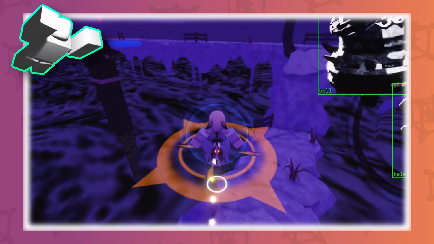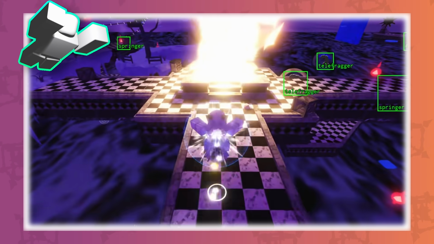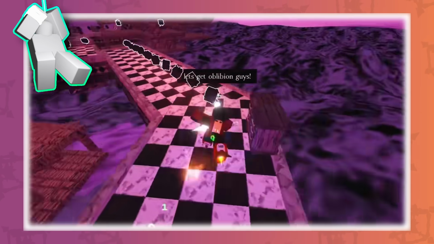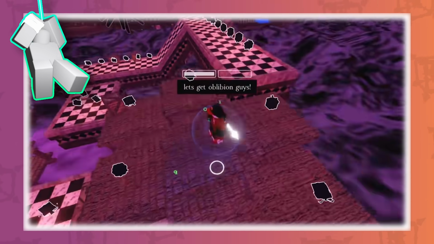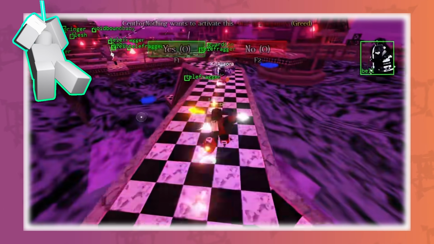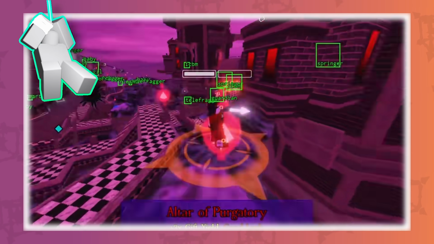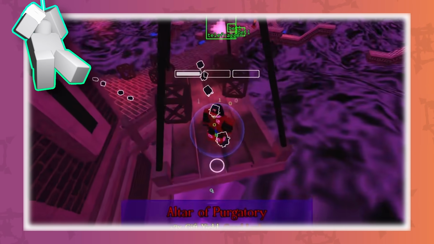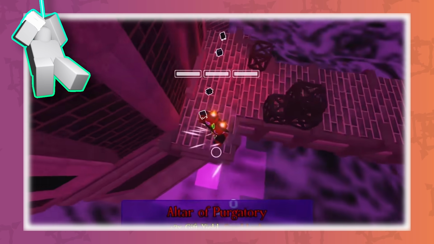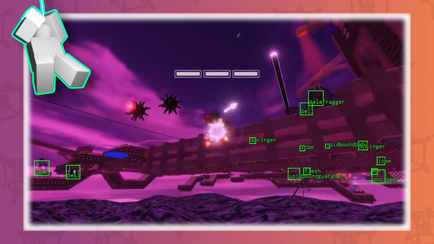I love this class personally, and I main it due to its low skill floor and incredibly high skill ceiling. Grappler is the next class that a lot of new players are usually drawn to, and honestly, for good reason. It's one of the few purchasable classes in the game at a price of 1,800 and is relatively cheaper compared to the others. Its main gimmick is its grappling hook that allows you to utilize momentum and build speed to